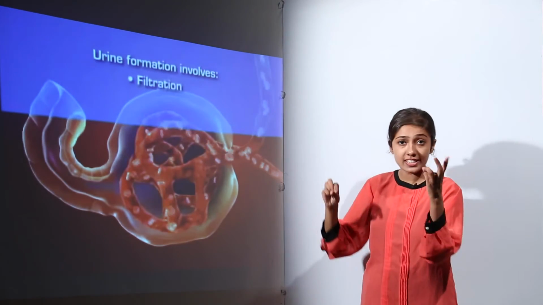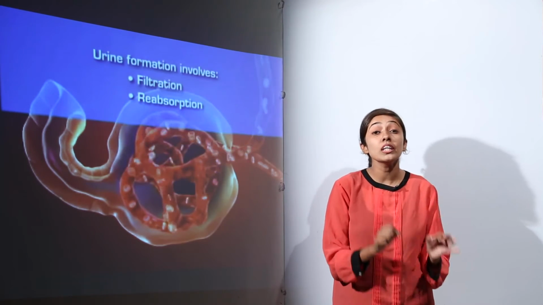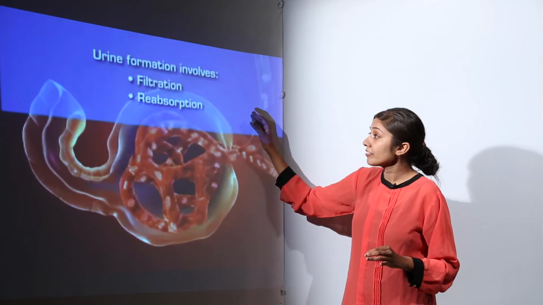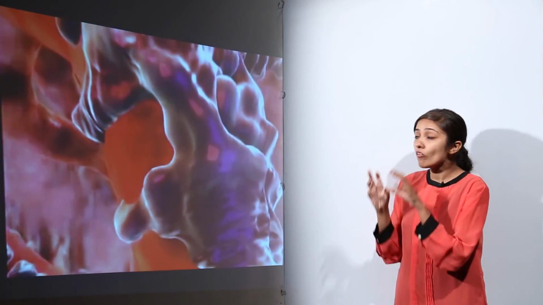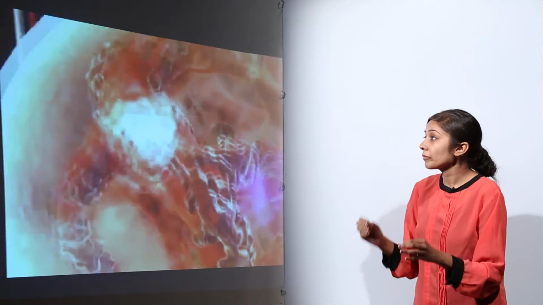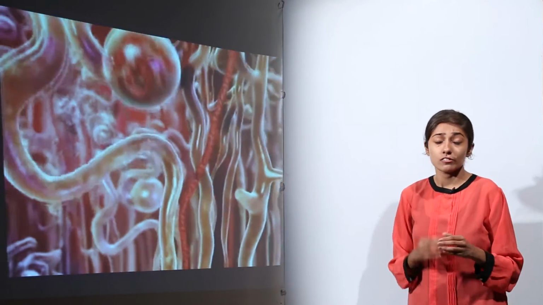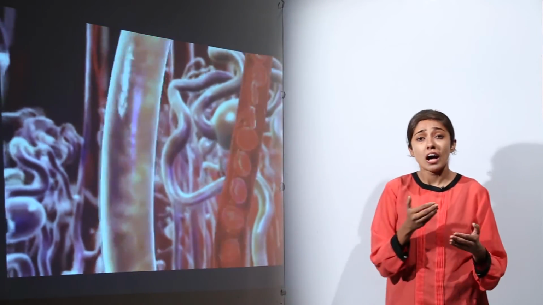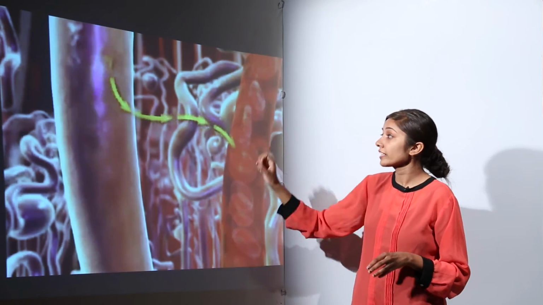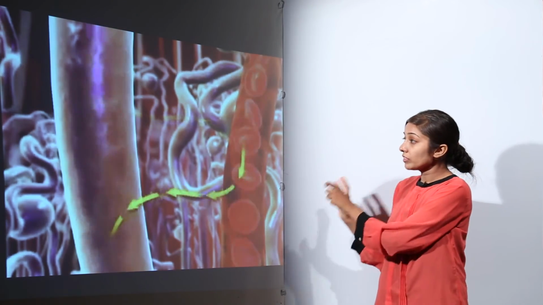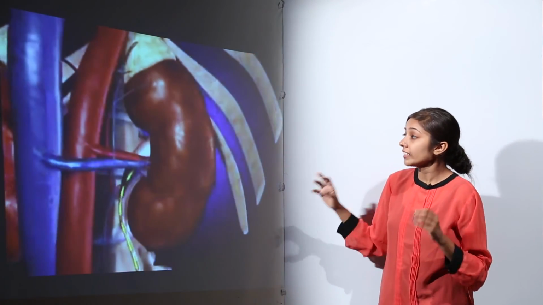Then urine formation involves 3 steps. We have filtration, by which ultrafiltrate is formed. Then we have reabsorption, that is tubular reabsorption. After that, we have another step, that is secretion, tubular secretion. So what is the overall result? The overall result is the formation of the urine. So this is how continuous reabsorption of useful substances and elimination of harmful waste, which form a part of the urine, takes place. This is a continuous reabsorption and exchange between the peritubular capillaries and the tubules of the nephrons. So this is how the nephrons function.